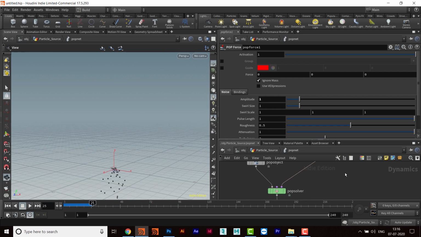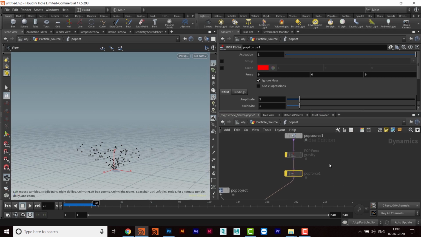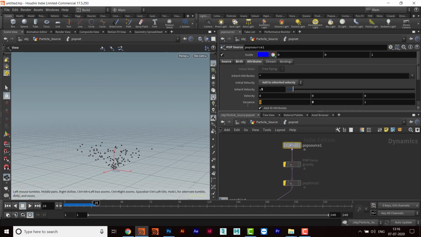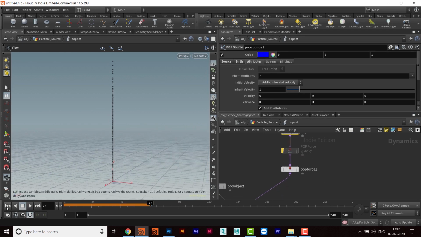So before I add this one, so that you can understand what this is doing, I will switch off this one gravitational force. Now the particles will be going up, and I don't want any variation, because I want to show you the disturbance in pop force. I want these particles to go up without any randomness to any direction, just in a straight direction up. And that is what I took from the point velocity. And then I want to give disturbance here, and then I'll activate this force, and then we can see what it does. Now check this out.